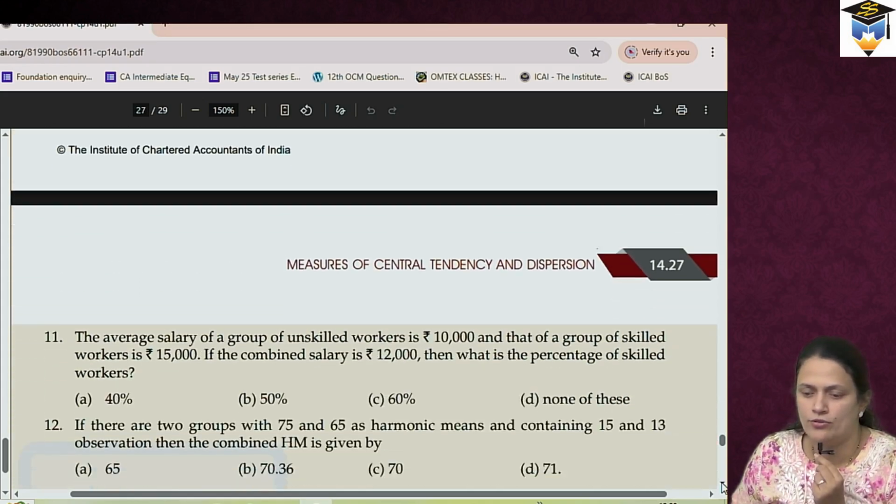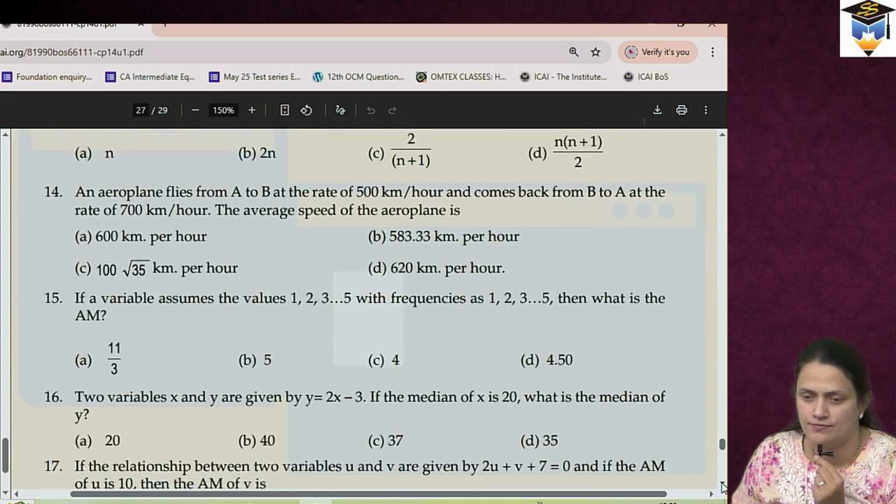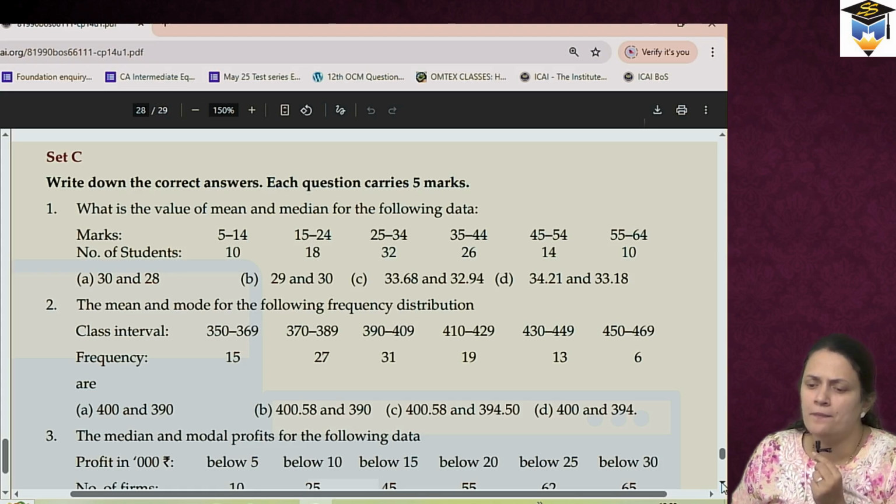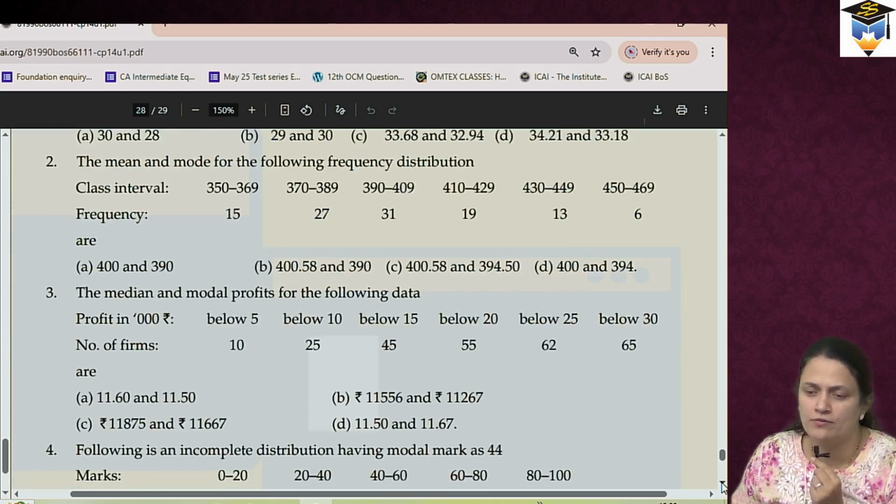Now let us go to, from set C, mean and mode is there. Second we can do, we can find out mean. Set B ka,